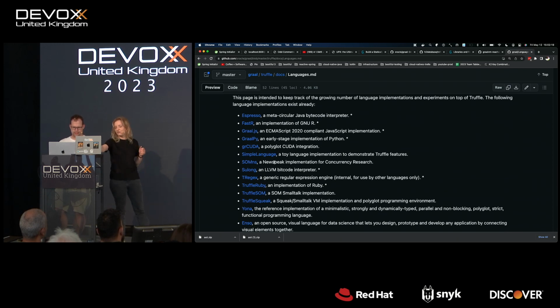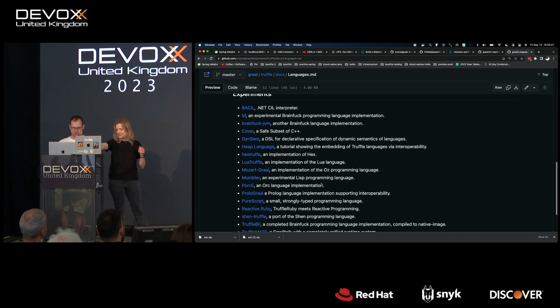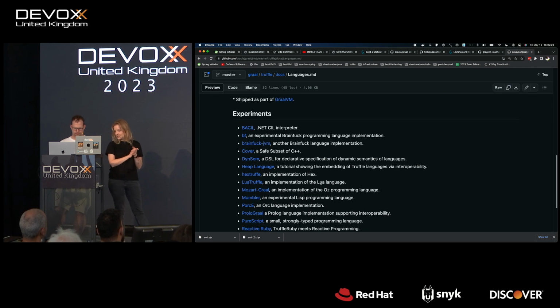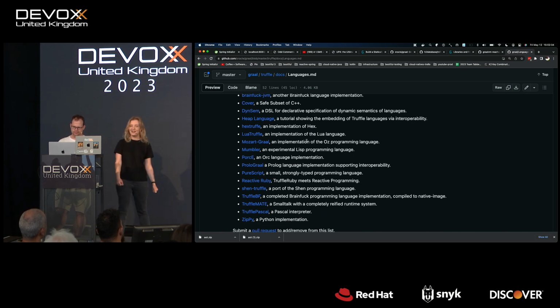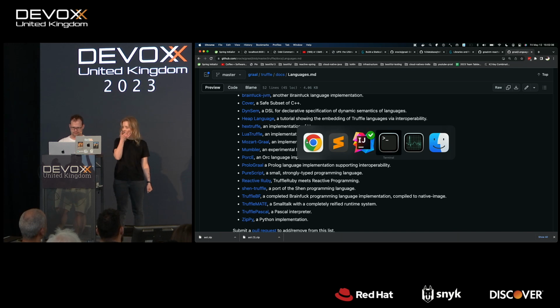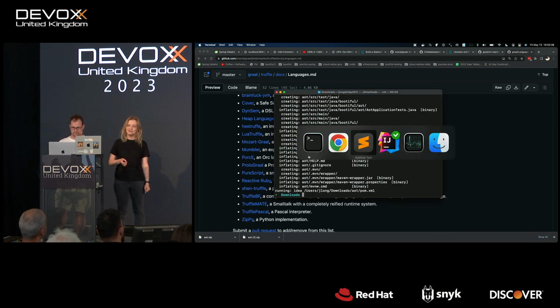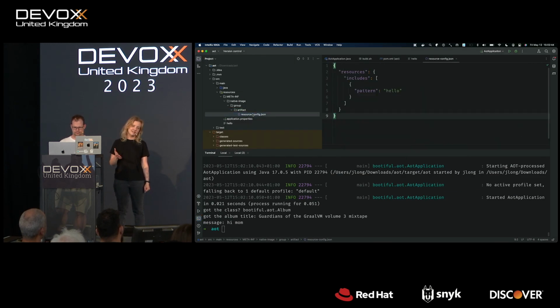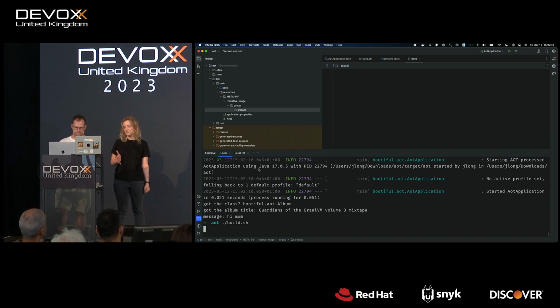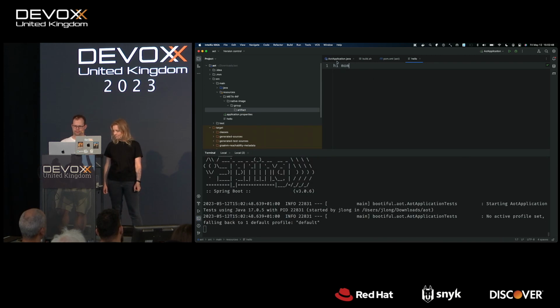And here we are looking at some fun. Can we go down to the community implementations? So here are some very fun languages. I see 2 brainfuck implementations over there. And it's not on the list, but there exists also Truffle PHP, which is an implementation of one of Josh's favorite languages. And the fun fact about it is that that PHP implementation of GraalVM was written by a student in his free time in 6 months. So if you always wanted to write your own language implementation, GraalVM could be a nice and easy way to do it. What's up? It worked.